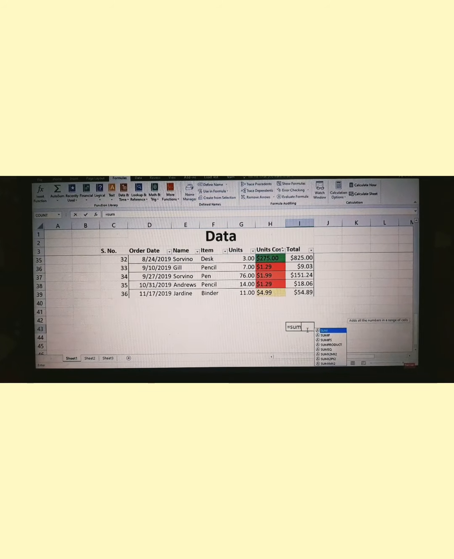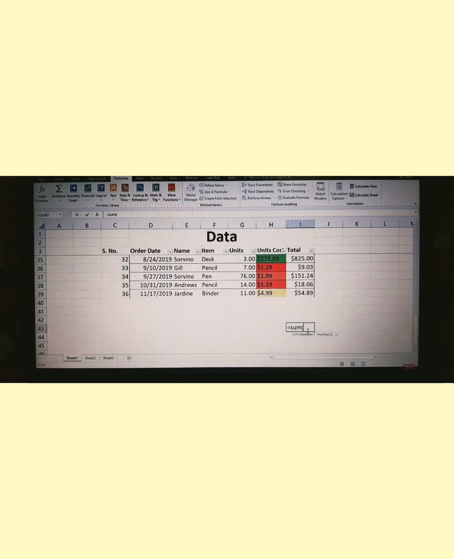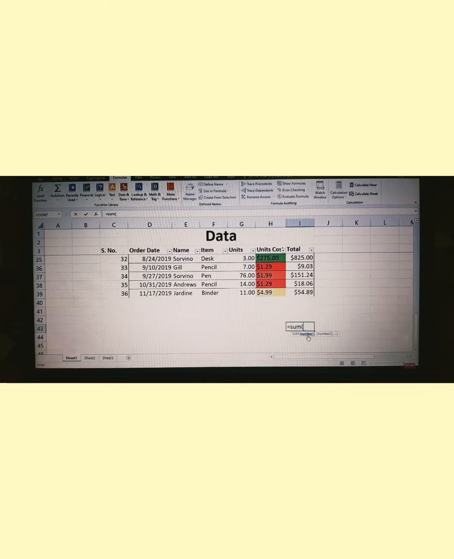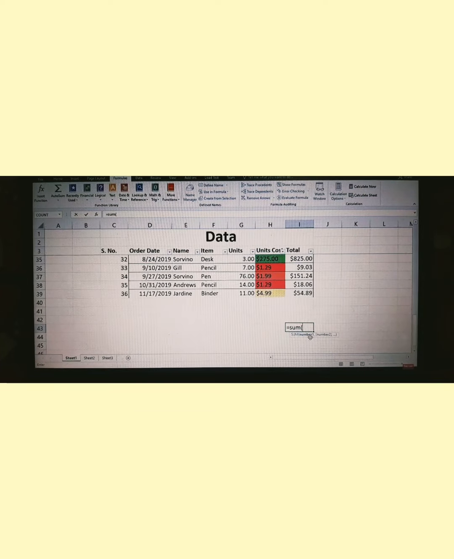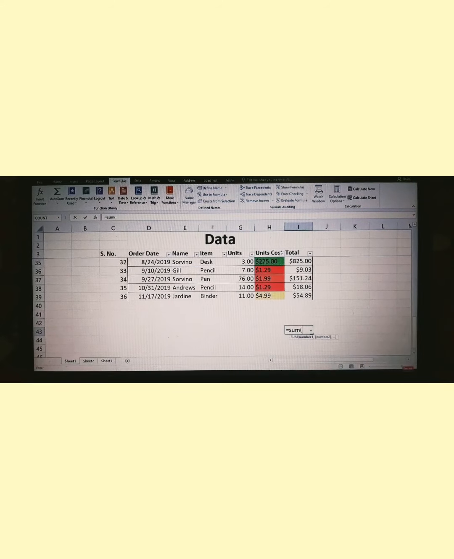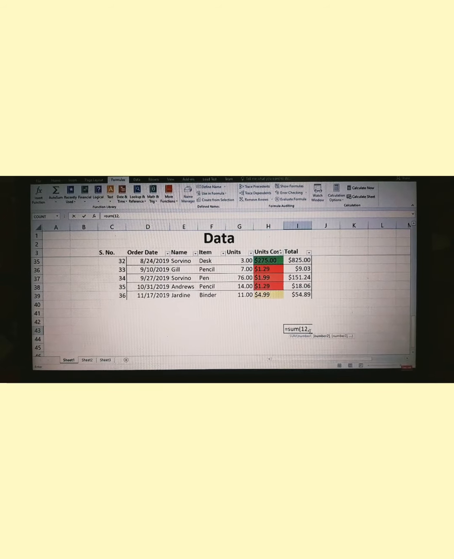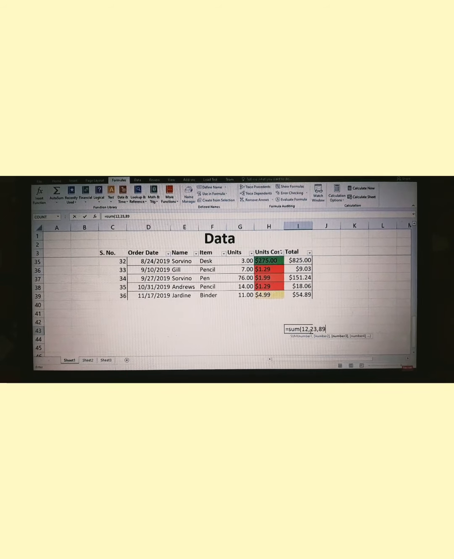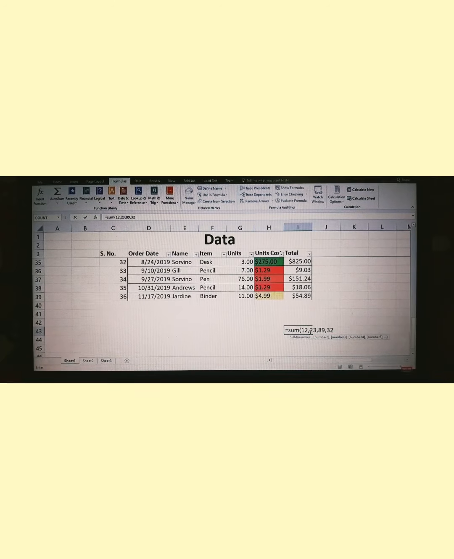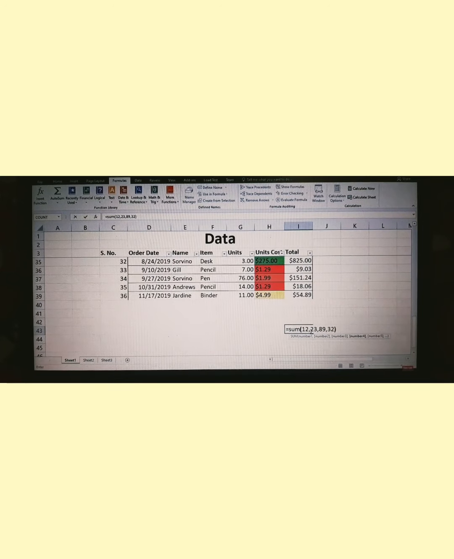Then open the parenthesis, and as soon as you do that you will see a help tooltip shown in front of you like this. Here also you can supply numbers to it. Suppose you type in 12, then a comma, then 23, 89, 32, anything that you want, and then close the parenthesis.